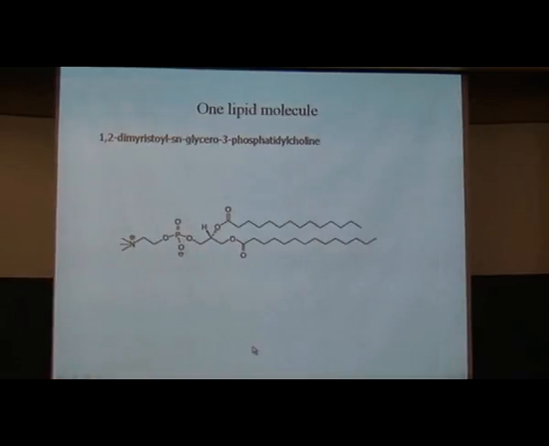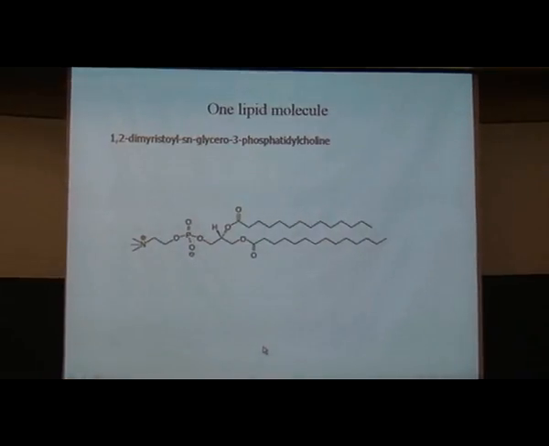Okay, so now the first thing is that biology, whether we as physicists like it or not, is based on molecules. And we have to know a little bit about our molecules in order to be able to relate to what we're studying. So this is one lipid molecule, and there's the usual chemist structure here. And one of the things that I like to do for physics departments is to teach them how to pronounce the names of lipid molecules. And so here's this name. You can all read it. And I'm going to teach you how to pronounce it.